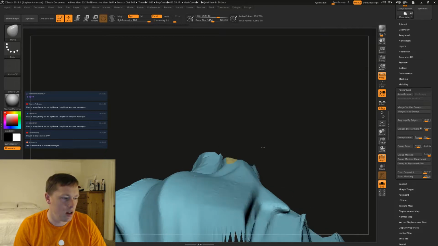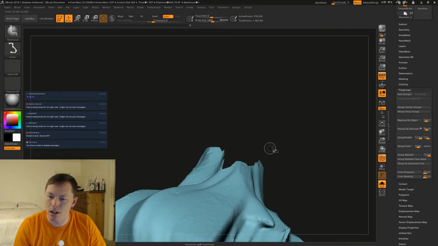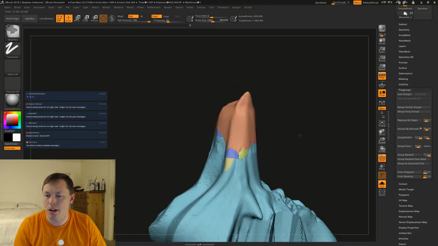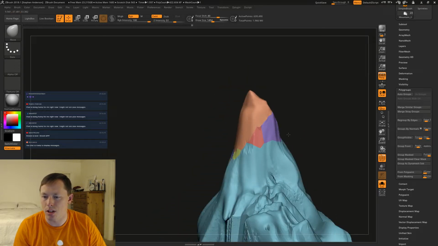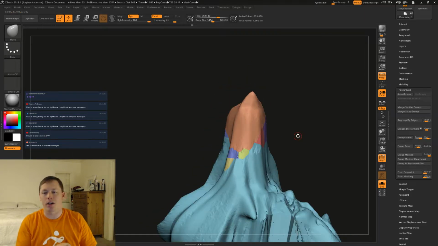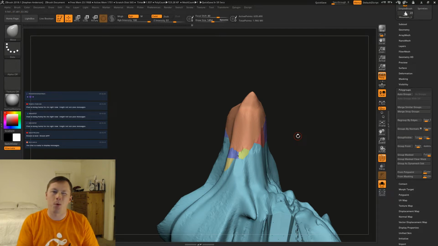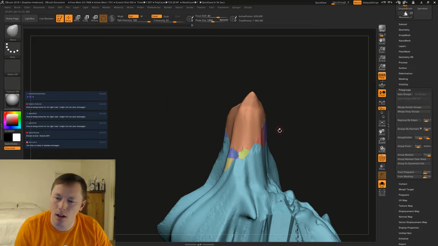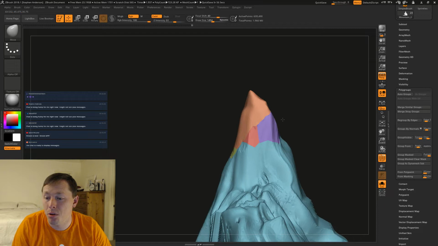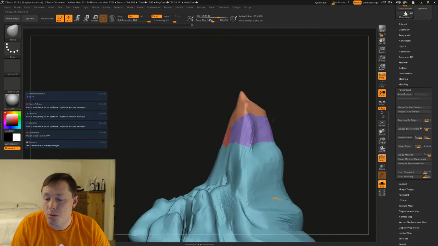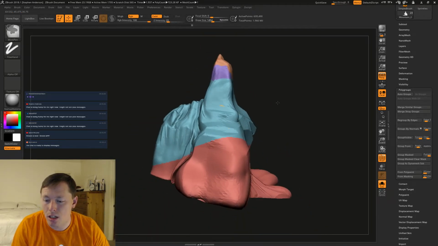We'll see. Okay, so these are essentially the little pieces that we're going to break off that are going to be floating there. And we'll add other little things if needed, and we might actually end up bringing some of these pieces back. We'll have to see.